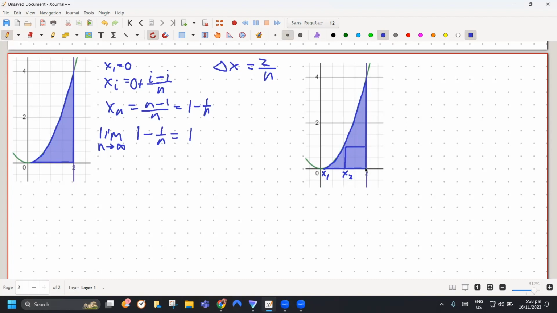Ngayon, try natin yung 3. Ay, sorry, nagfe-fail na yung formula kasi when I is 1, ang makukuha natin na x2 is 1 half. Right? So, tingnan mo, to go from x1 to x2, ano yung kailangan mong i-add? Next one. One. Or in terms of delta x, so 0 plus,